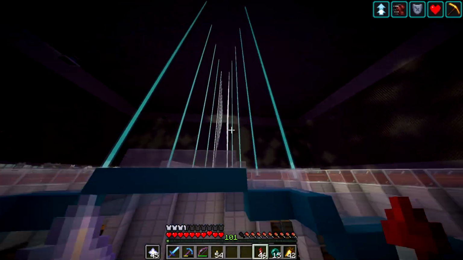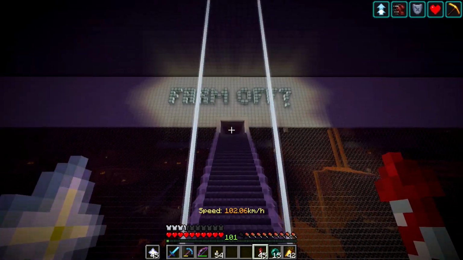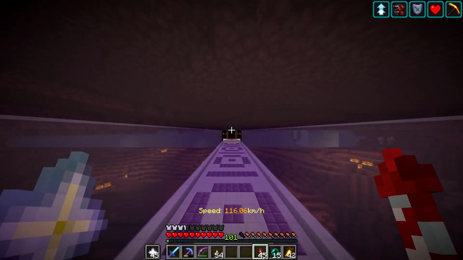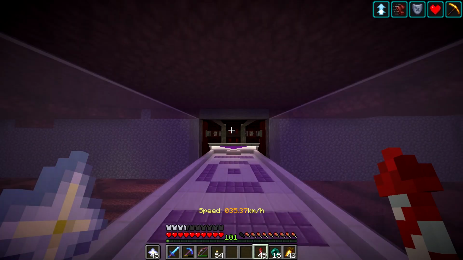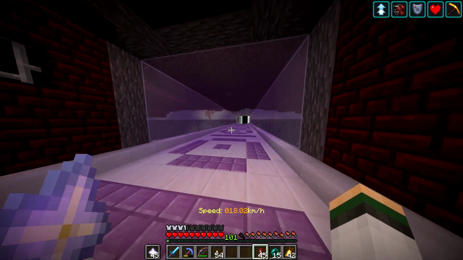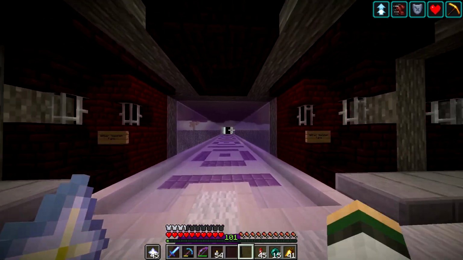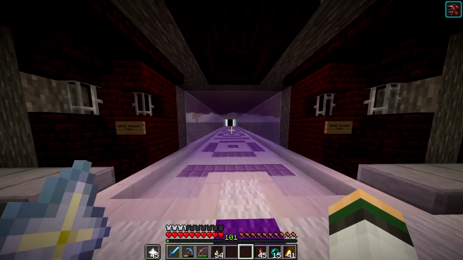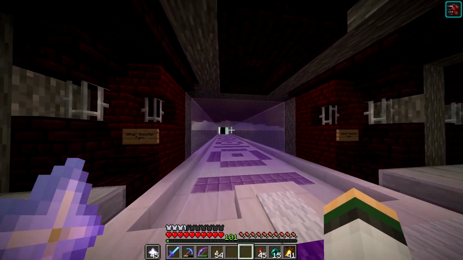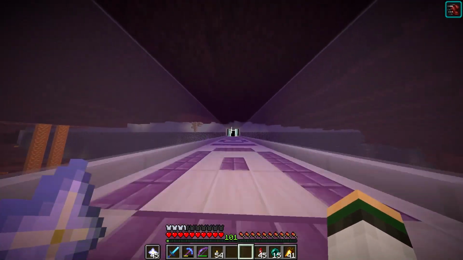Okay, another thing we will see now, as soon as we leave the farm, we will get a huge lag spike. There it is. Unloading the farm after it has been used, because there's like so many entities and monsters in there. Yeah, 1.13 performance at its best. Okay, well, just go back to the entrance, take another look